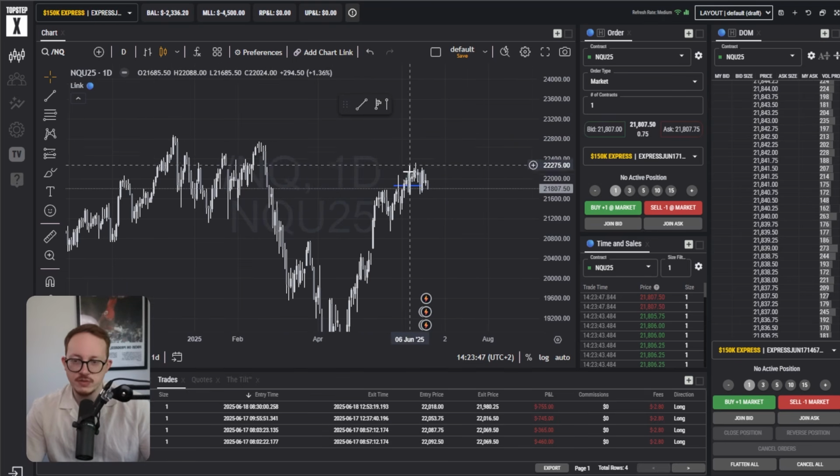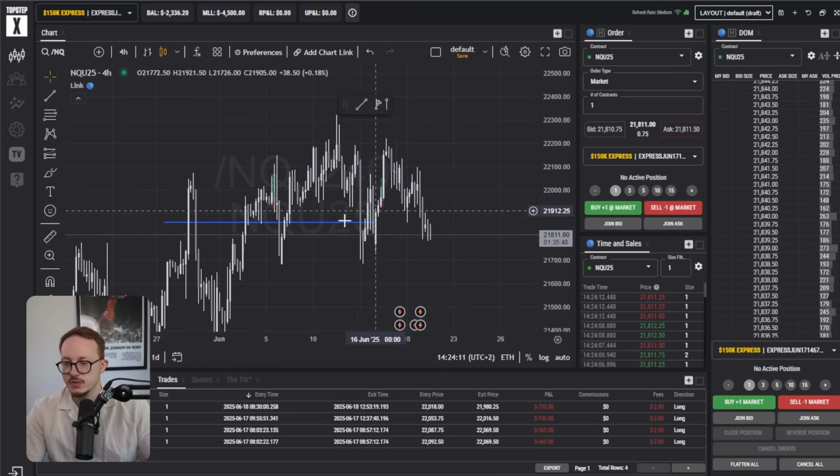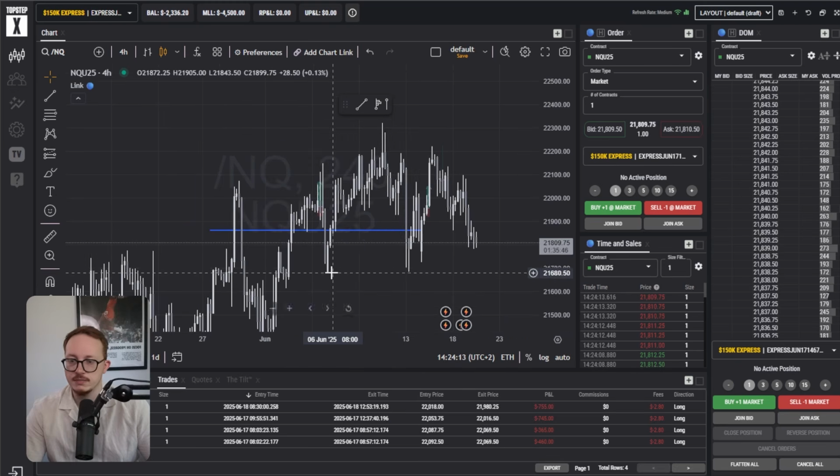Now, it is pretty interesting the last few days, as it looks like we're stalling. We could see a bigger retracement perhaps, but the way that I'm approaching Nasdaq at this moment is, I want to buy much rather than I want to sell, because that's what my overall narrative is. Now, there's a bit of choppy price action, so that's why I'm also not trading anymore this week. Just waiting for this one to clear up a little bit, and then I can come in again when I